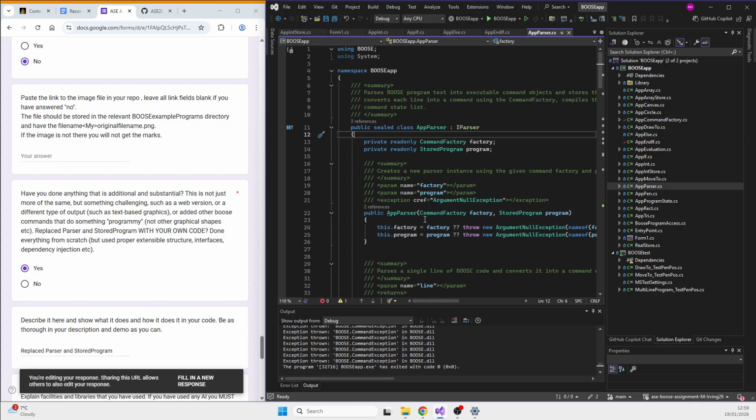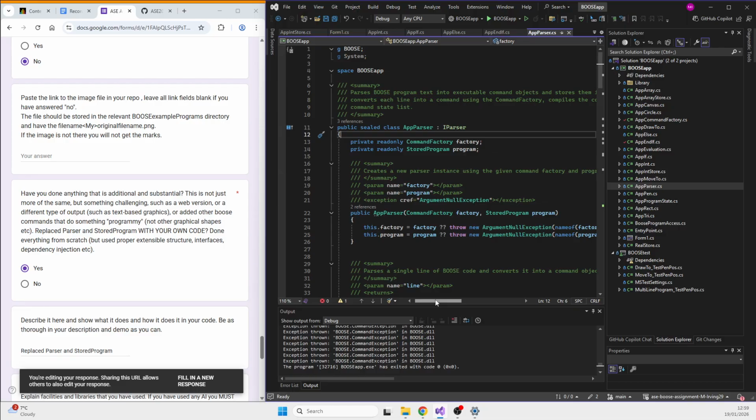Pretty much what you would expect the parser to do. So this is just the creation of it, and it throws the null. So if there's nothing to parse, it will just not parse.